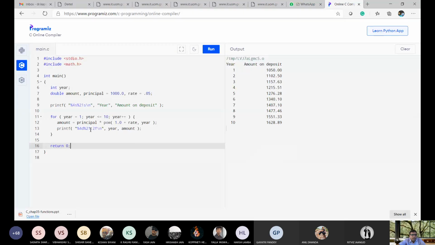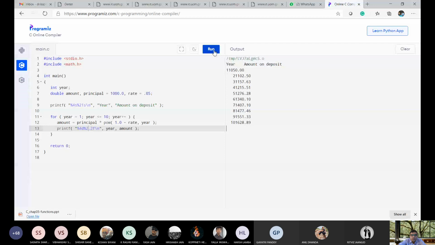So here, instead of 21, I am writing 2 only. Then see what the output is. Are you able to see the output? Yes, sir. So what is the output? 2, 3, here 1 also. Let me run once again. Now 1, 2, 3, 4, 5, 6, 7, 8, 9, 10 is stuck together with the output.